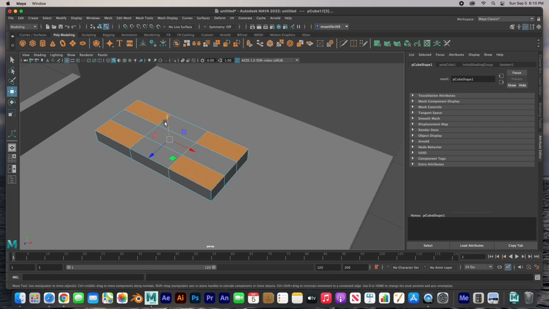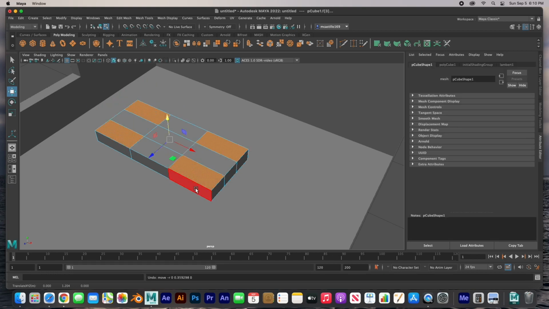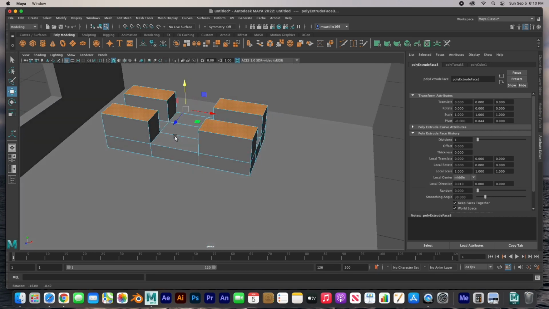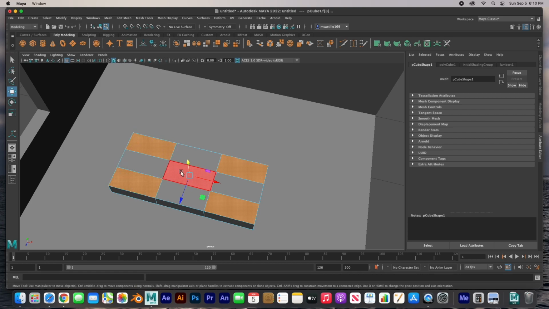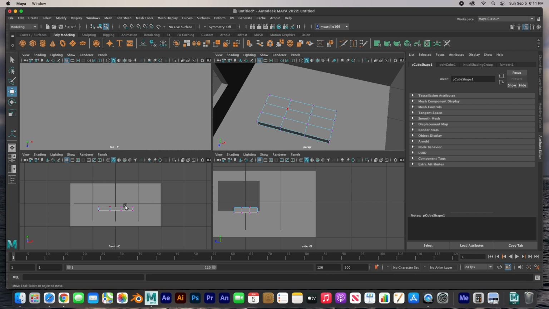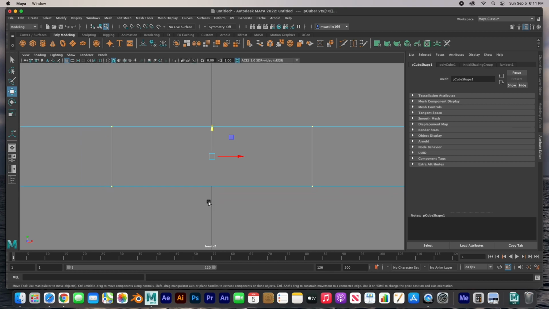Just for demonstration purposes, when I extrude these legs, there's my legs. But I'm going to do them on the underside. So before I do that, you can see that these legs are huge, and that's not what I want. Let's move these subdivisions so that I can get the size of the leg that I want. So let's go to vertex mode. And what I'd like to do is go to the front view. I'm going to hit F to fit in view, to move them out this way and this way